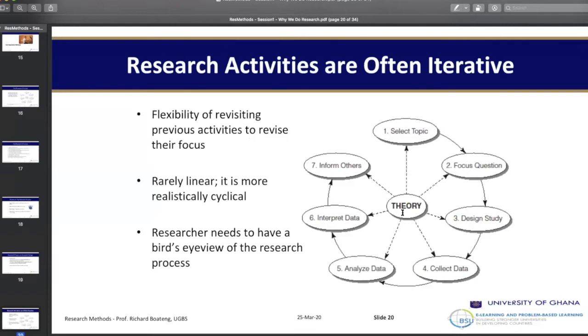Because it's likely that some of these things will change as you start the research work and progress, we always advise that the research process has the flexibility of revisiting previous activities. For example, a student in the northern region of Ghana, being supervised, says he wants to do a study on contemporary marketing practices of tourist centers in the northern region. Then he designs his study, selects a topic, determines the right question to ask, and starts his literature review. He comes up with his questionnaire. He chooses the different tourist centers in the northern region he's going to interview.